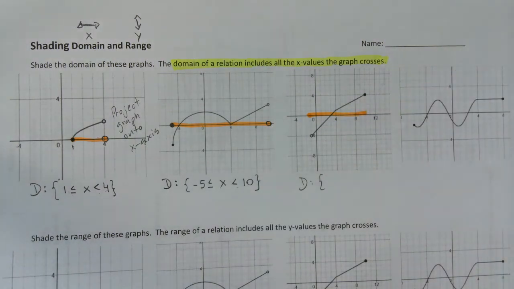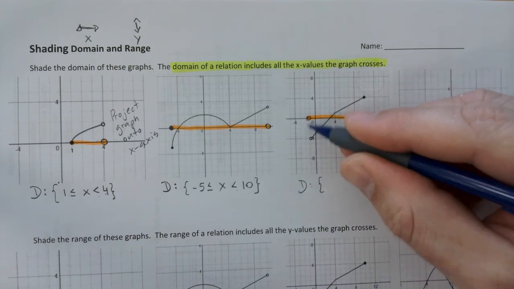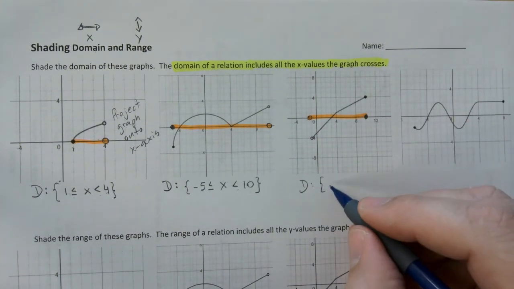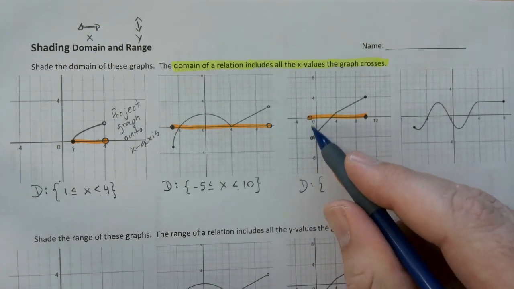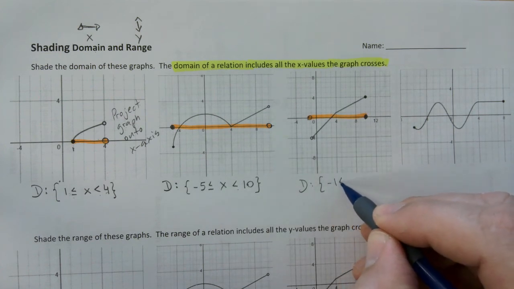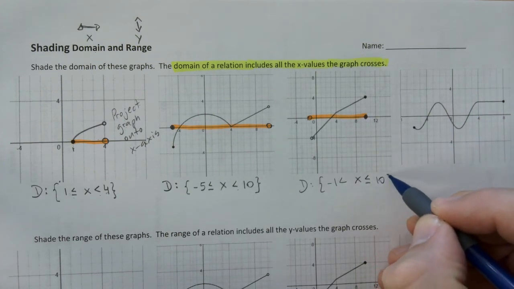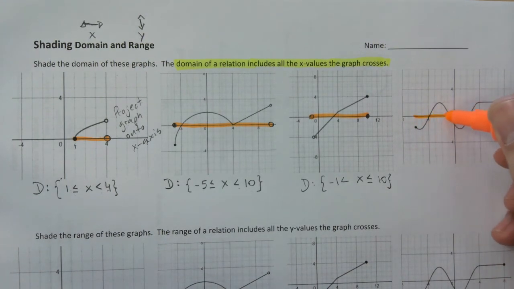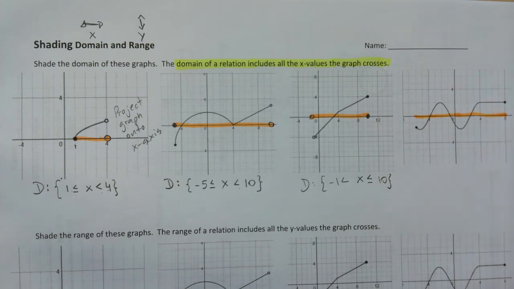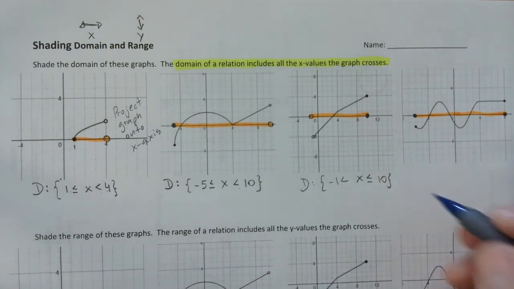So as long as I can see the graph above me or below me, I keep highlighting, okay? So this is open and this is solid because I just matched the ends, right? It's contained. So we're gonna go, this is a -1, not including. X is less than 10, included. Boom. Let's do another one here. Highlight, highlight, highlight. I see a graph, and then I stop seeing it at that point. This is solid, this is solid. Okay? Domain here